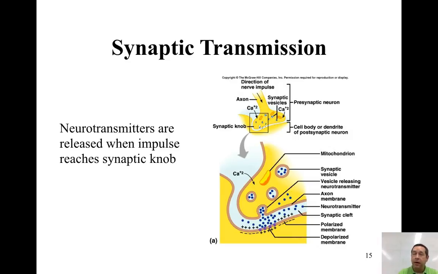And then they're going to move across the gap called the synaptic cleft by diffusion and bind to receptors on the postsynaptic membrane or on the membrane of the effector, like with the neuromuscular junction. And it's going to cause a new signal or cause the membrane in the postsynaptic neuron to depolarize. We'll talk about what all that means a little bit